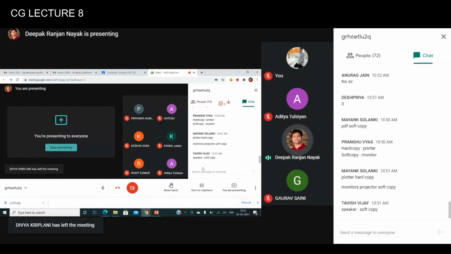So what we have discussed till now is the concept of hard copy and soft copy. We all know that the permanent storage is the hard copy, and the electronic versions stored in the computer memory are the soft copy. The devices based on these outputs are called hard copy and soft copy devices respectively.